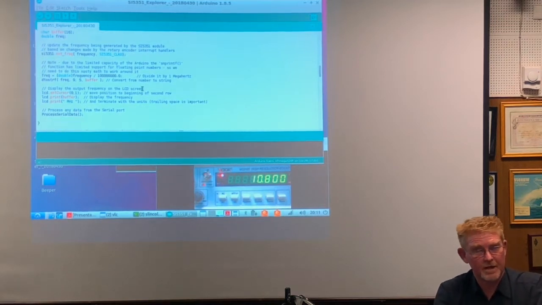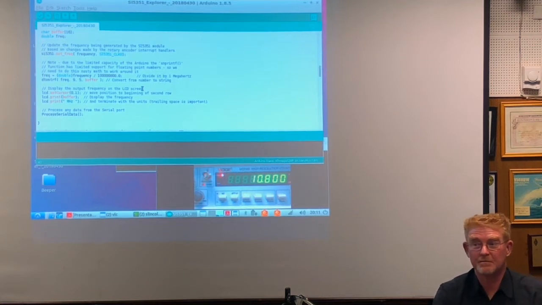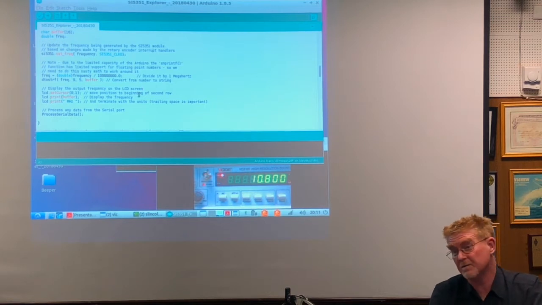That's an area where, again, the Arduinos have a bit of a problem. Working with real numbers, as numbers with decimal components, is computationally difficult and requires a lot of code to do it well. Arduinos don't have a lot of memory for this code, so there's a bit of faffing around to make it work in a small chip. But again, there are examples out there of how to do this. Finally, I check the serial port and do a few bits and pieces, and then loop back and do it all again.